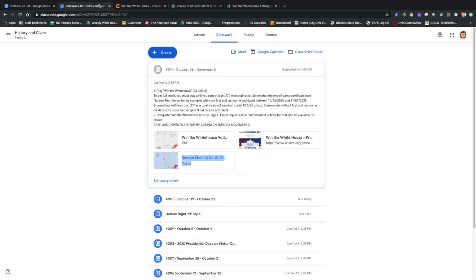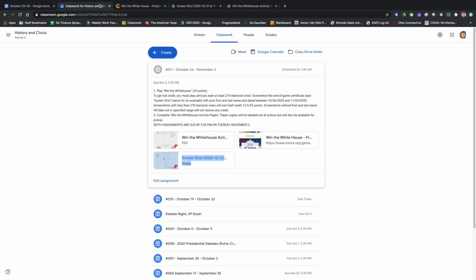Screenshots without first and last names or in a date in the not specified range will not receive any credit. In other words, if you just go back in and take a screenshot of the last time you played this game and I see that date, you do not get credit for it. If you do not put your first and last name on it, you don't get any credit at all, because you can just go in and do a Google image search possibly and find this. So it has to have your first and last name on it, and it has to be dated within the